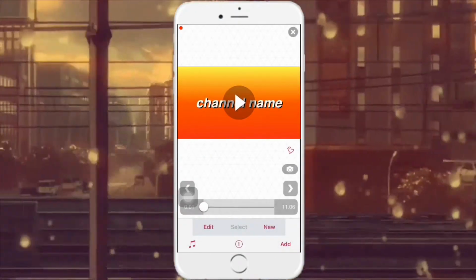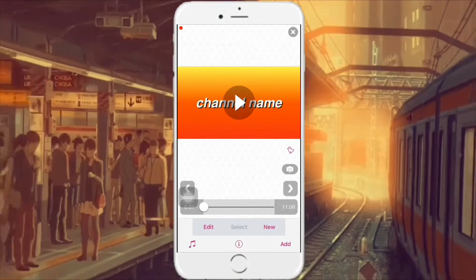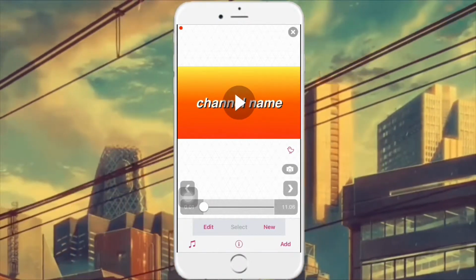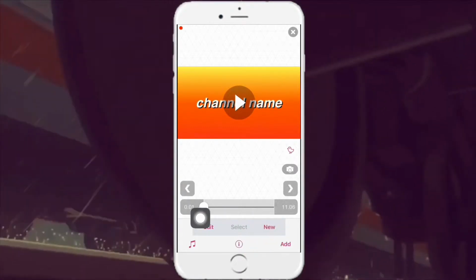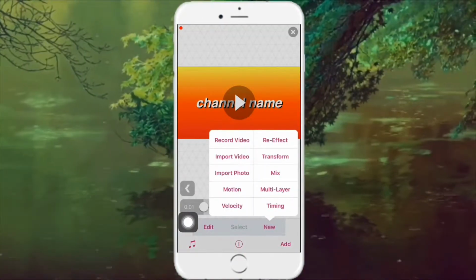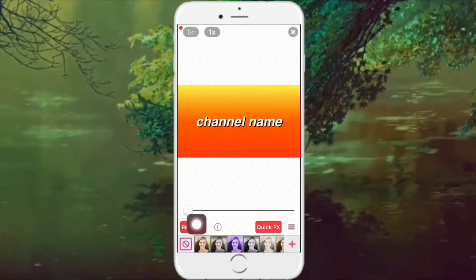You can add whatever effects you want, but this is what I did in case you want to know. The first thing I did was I added a wiggle effect to the entire thing. So to do this, you select New, then Re-Effect. Now press the plus sign down here,